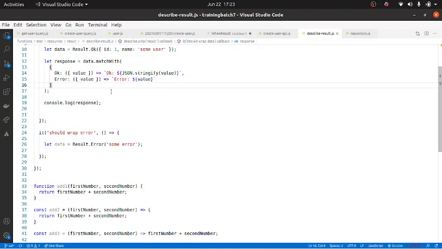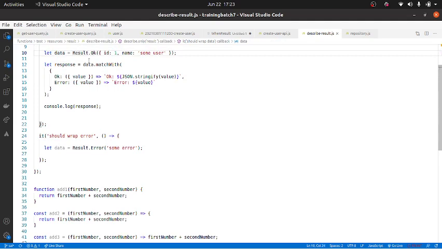So what essentially happened is, whenever the data is ok, that is everything is all right, the result will pass the value that was passed, that is this object, as the value for the ok method. Is this clear? Yeah. Similarly, when the result is an error, it will pass the error as the value to the error method. So let's look at this one again.